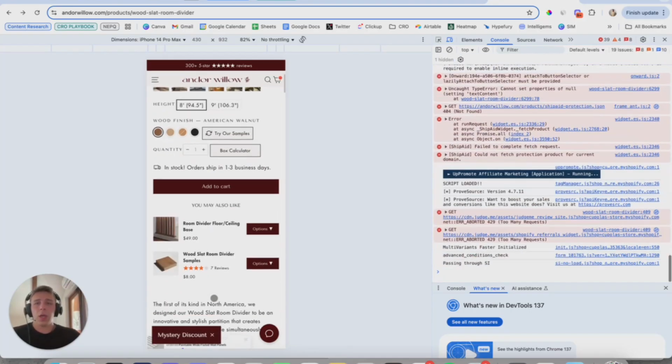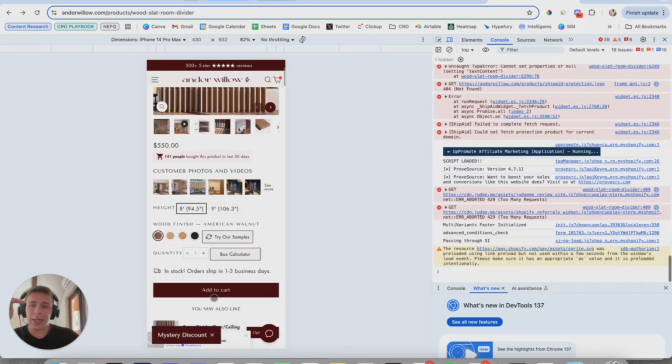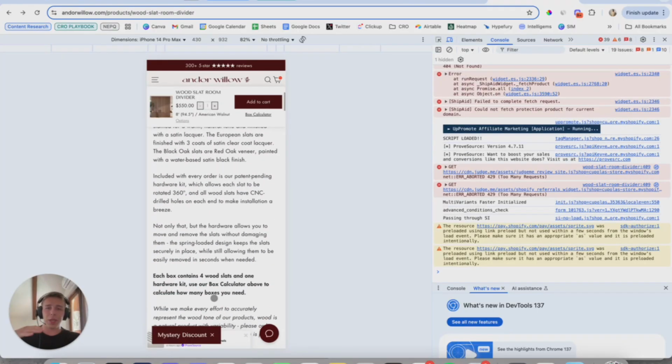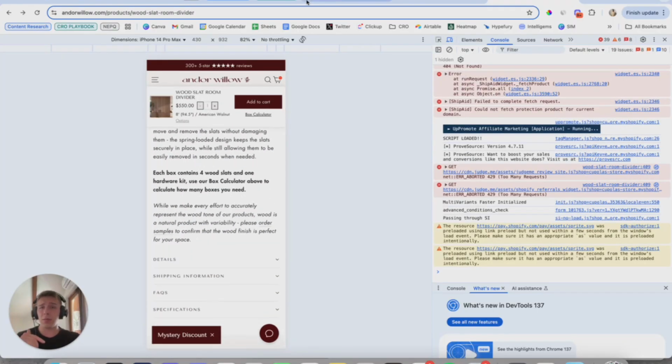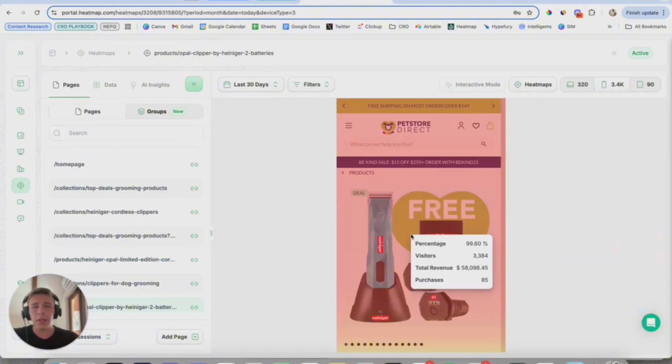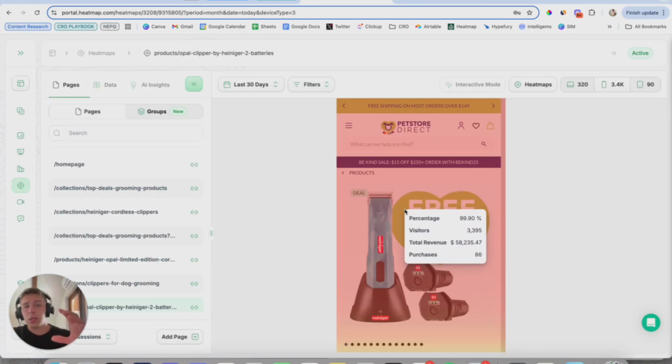So as you start to scroll lower, less and less traffic will see all of the good stuff that we have right here. It's crazy. I would like to back it up with some data. This is again the same client. This is just a tool that we use. It's called heatmap.com. And as you can see, on this PDP, from 3.3 thousand visitors, 99% of the traffic